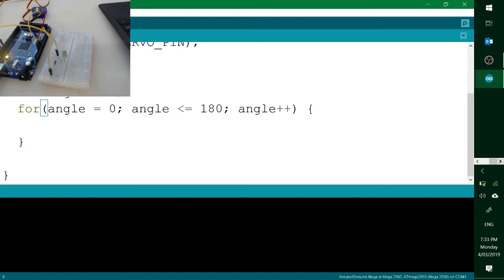Now, that's our for loop, which means that any command that's inside the loop is going to run with an initial condition of angle equals 0. It's going to run as long as it's below or equal to 180. And it's going to increase the angle on each loop. That means we don't have to write angle plus plus at the end of our loop. Now, inside our loop,